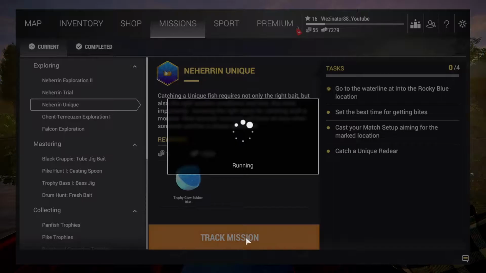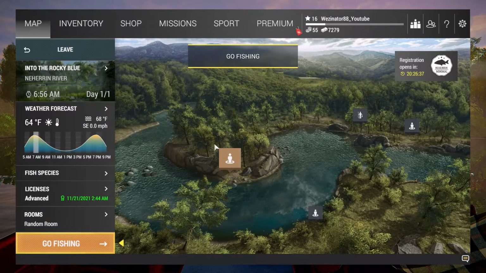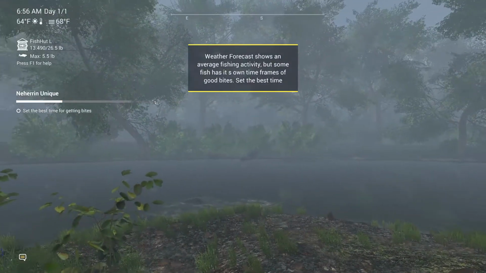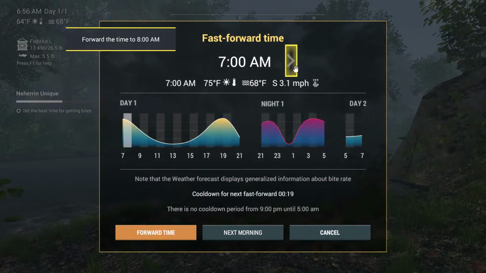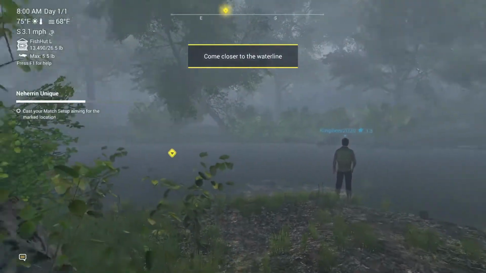So we're going to activate this mission, which we've done. Just taking it off. Go to the waterway, so we'll go to a specific location, which is around here. So into the Rocky Blues, which we're going to go into. Right, set the best time for getting bites, okay? Just going to make us go to 8. So get close to the walkway,